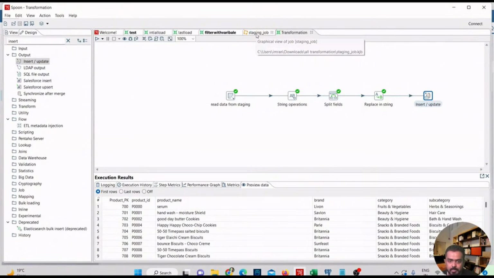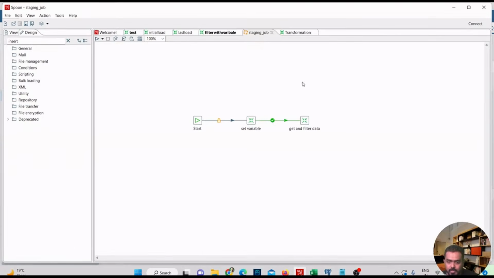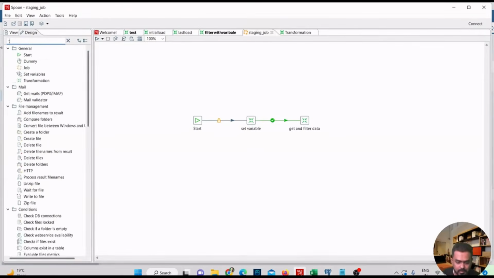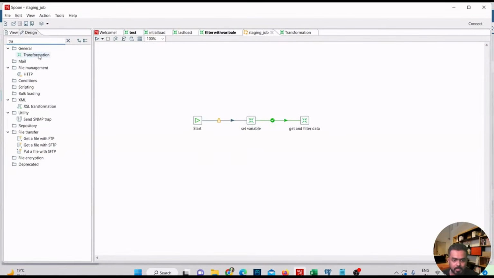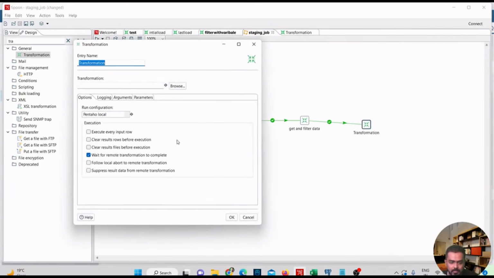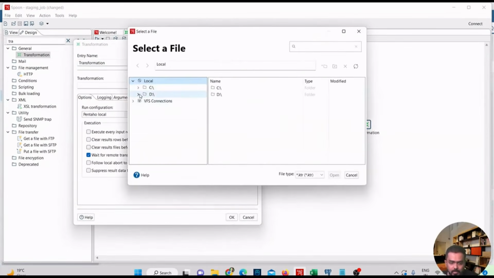So next I need to add this particular transformation into my job. If I go to my staging job, I need to attach one more transformation. So I'll just look for transformation here. I've given the same name so that we will not get confused. Fine. So let me connect this with this transformation, and here I need to attach that transformation job which I have done, right? So let me go to the C drive,